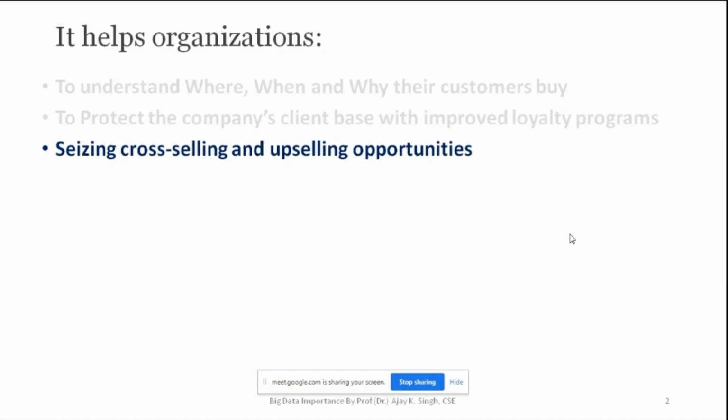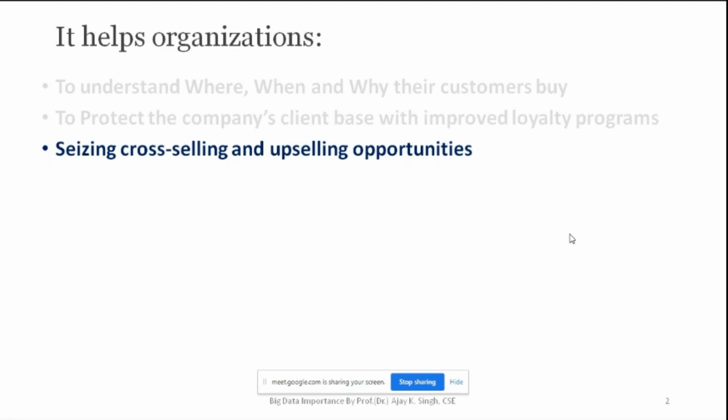What is upselling? Up means we are lifting something. As for example, somebody went for purchasing mustard oil. So you are going to target that particular person, or you can say customer, who earlier also bought a huge amount of stuff, and he can buy oil which costs more as compared to mustard oil. So he may motivate you to go for olive oil. It is really costly, isn't it? So that is what is called upselling.